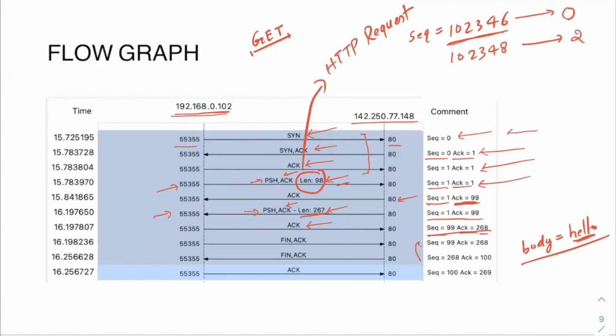And the next 3 steps are the steps for terminating the connection itself. Of course you can establish the connection, and the client and server can also terminate the connection. We will look at how this connection termination happens in a separate video. I hope that with the help of this example you have understood what sequence number and acknowledgement number are, because this is a very good example to understand that. If you have any doubt, do go through how the sequence number and acknowledgement number are changing, and then you will understand it better.